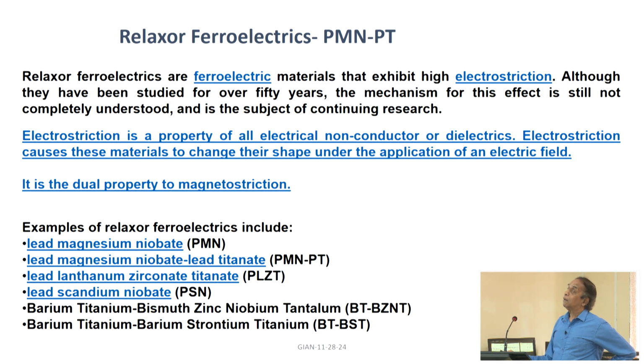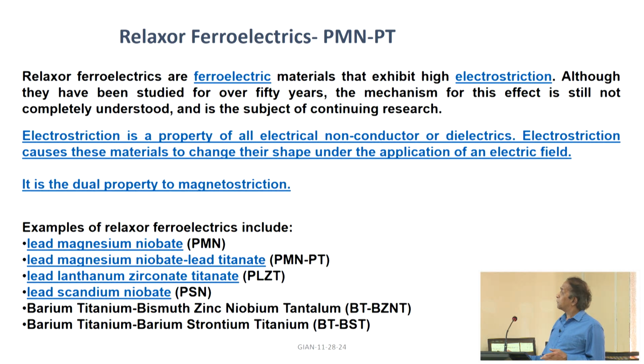d33 may be on the order of several thousand. For PZT, it's anywhere from 400 to 700 for the soft ones. Barium titanate is even smaller, whereas with PMN-PT, you can get d33 as high as 2 to 3,000 in PMN-PT and PZN-PT. And the mechanism for the ferroelectricity is rather